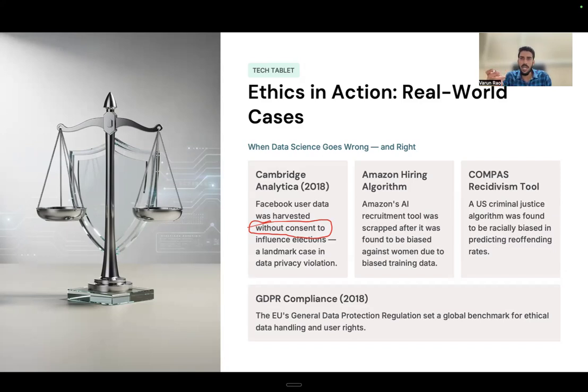You have Amazon's AI tool, which got completely removed after it was found biased against women due to biased training data. So it was selecting only women more and more, and because of this, the whole tool was scrapped. Then you have GDPR compliance in 2018, where the EU stands for European Union. And here you have the General Data Protection Regulation, which sets a global benchmark. And now anyone who violates this benchmark is committing a crime. So these are the things that you really need to keep in mind when we're talking about the ethics of